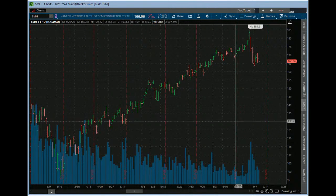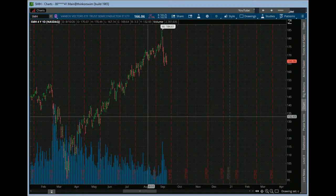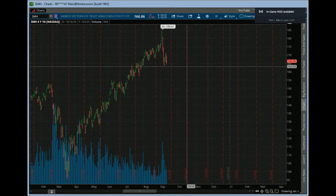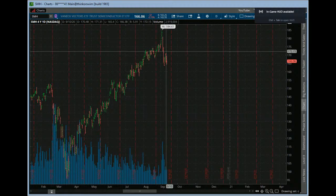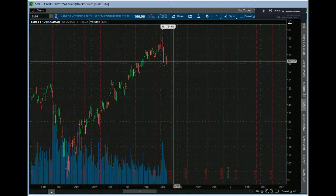The other thing I want to point out this week is what are the key stocks that we look for in each of these. So when we see the sectors rotating each day, if we can see that the SMH is down in the morning, and it's working its way down, but other sectors are going up, that is a good indicator that money is flowing out of these sectors and going into other ones. So the SMH is a really cool one, and then what we like to do is